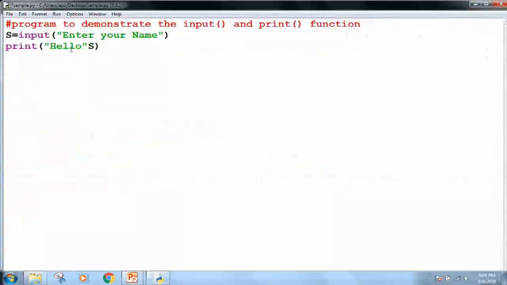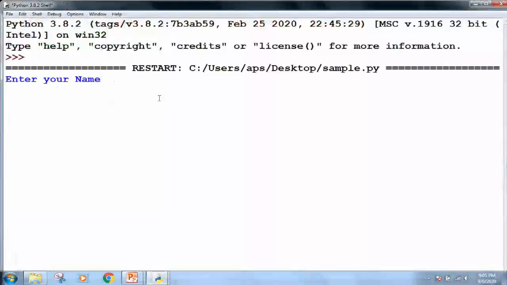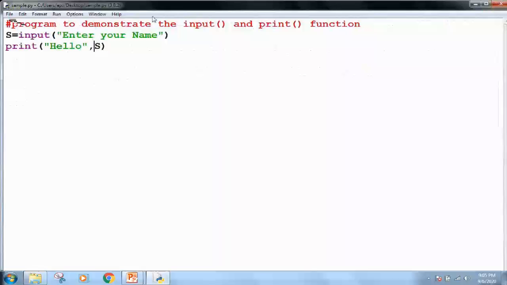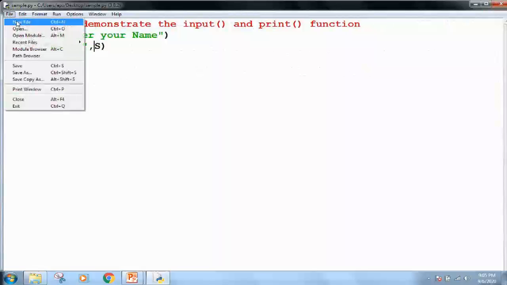In a program, you always first take the input and then you do the processing. Now suppose I want to do the sum of these numbers, so I take a variable sum and a plus b. Now sum is a keyword, so I am taking some other variable s. The sum of a and b is stored in the variable s in memory. Okay, now I will print this. I will get the sum of the two numbers entered by the user. Again I am saving this program with the name sum.py on my desktop.